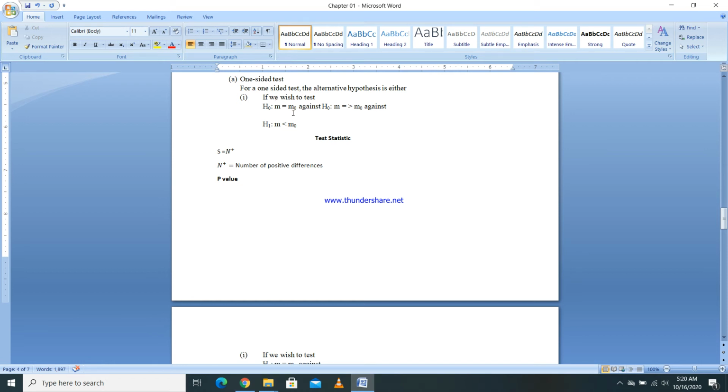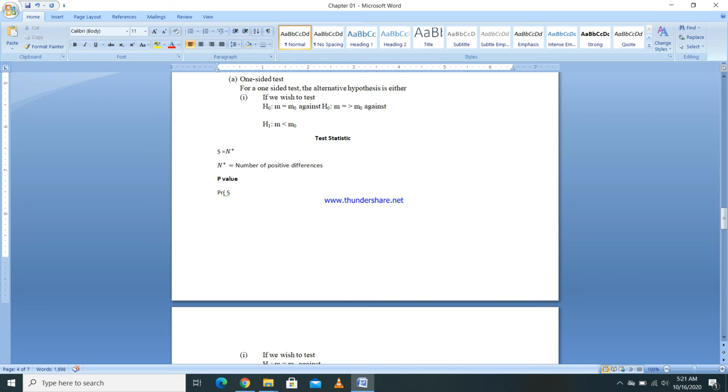So we know when you take your population, you have m naught right in the middle. So if you take the probability where your test statistic is less than this median value,